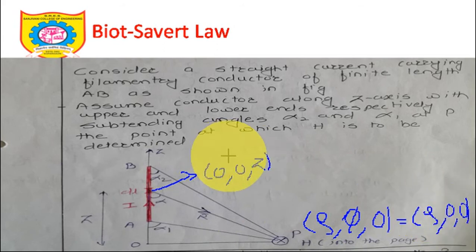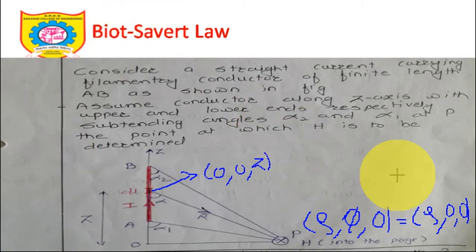I will repeat this once again. The coordinates of this point P we have taken as rho, phi, 0, since it is in the rho phi plane, it has z as 0. But since this line charge looks the same in all phi directions, we can neglect that phi component and take it as 0. So the coordinates of point P are rho, 0, 0, and the coordinates of this point dl are 0, 0, z. If that is so, can we write this R bar equation? R bar can be written as rho minus 0 Arho bar, 0 minus 0 A phi bar, and 0 minus z AZ bar.